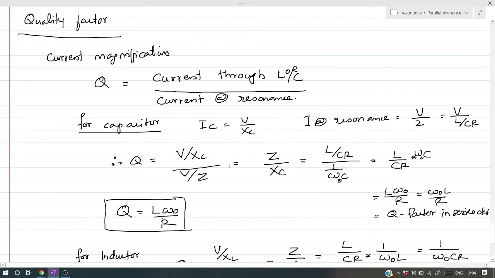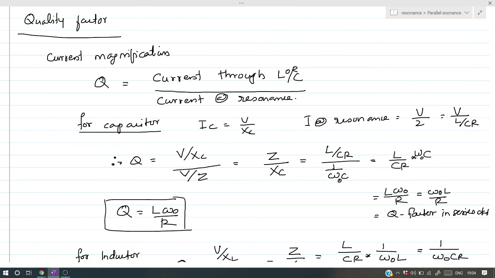So substituting, current through the capacitor is V upon XC and current at resonance is V divided by Z, which gives Z by XC. Z is L by CR and XC is 1 by omega 0 C. Simplifying, we can obtain omega 0 L divided by R,